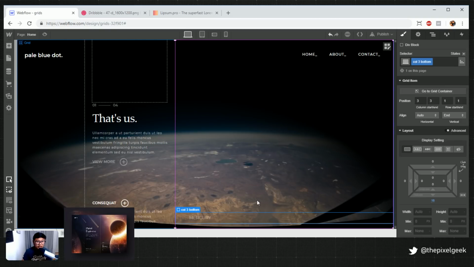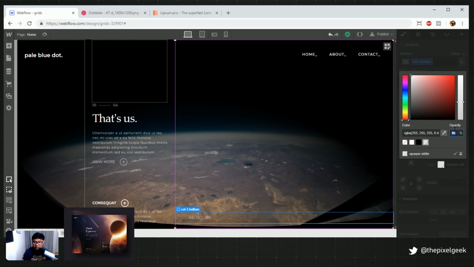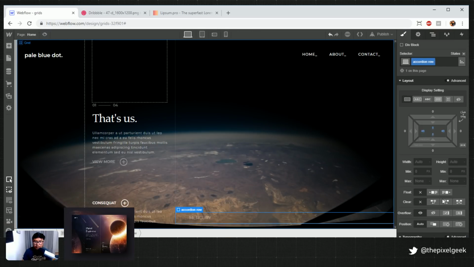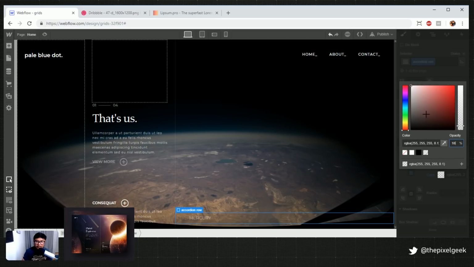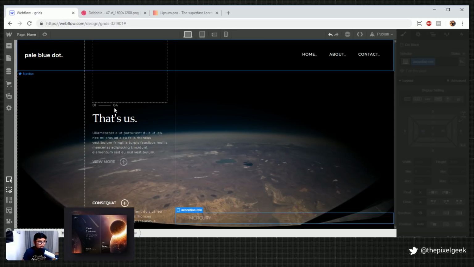Now let's go ahead and do this one too. Let's give it the same thing. This, but 10. Yep. And then the same thing with the accordion row. Instead of bottom 2, it should be bottom 1, and the opacity should be 10. And we're good. Yeah, you see it? And so now we can just...